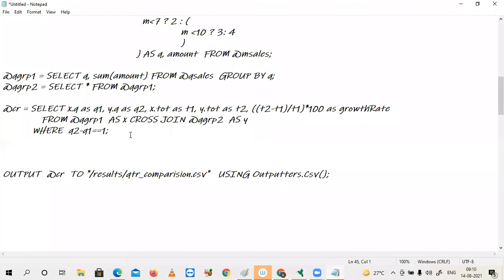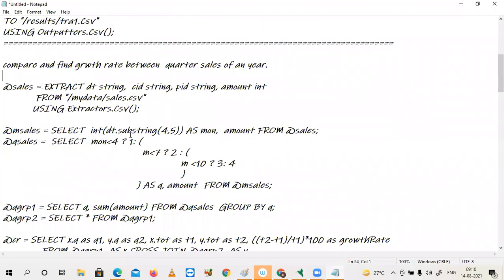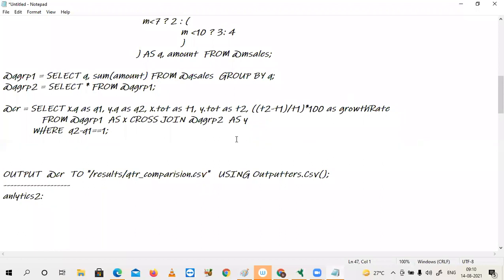For the second analytics, instead of starting from the beginning, straight away I will take input from this CSV. So next onwards, no need to apply the joins, right?